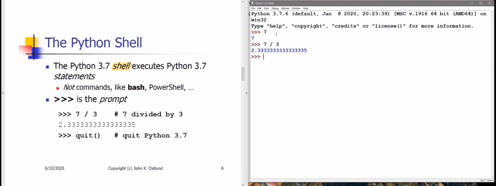So 7/3 is 2 1/3. So the representation that's being displayed here is 2.333333, etc. If I want to get out of my Python shell, I use the command, or the function actually, quit. And here is